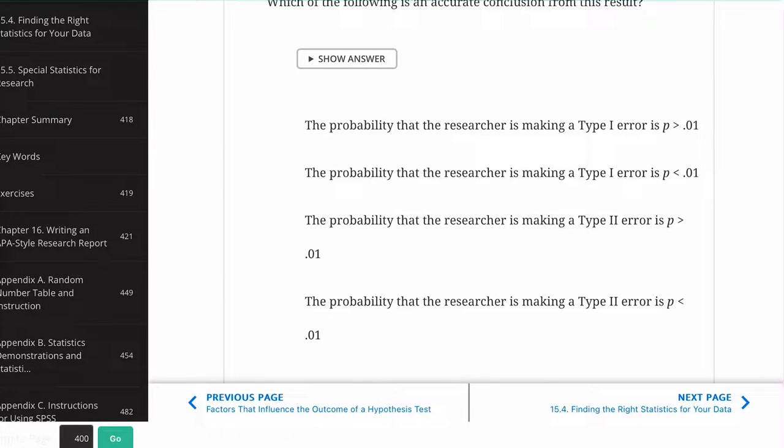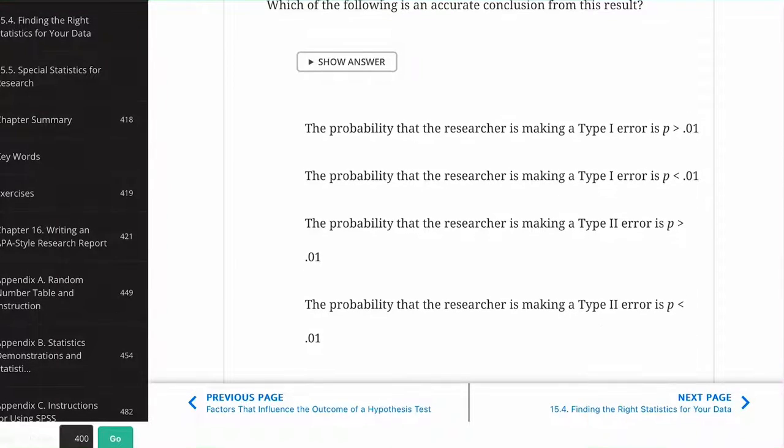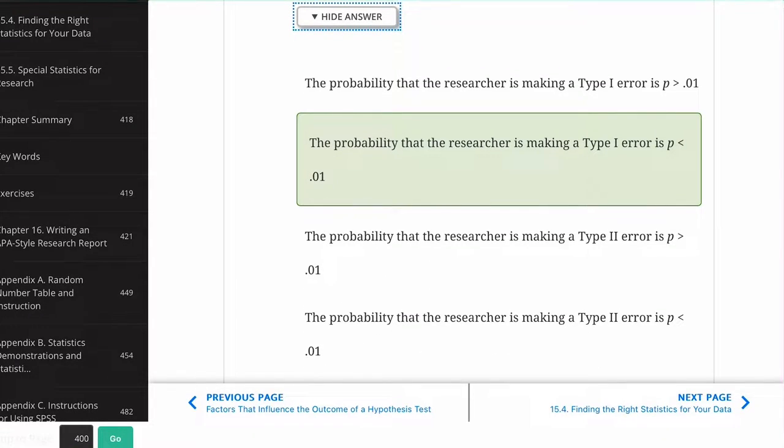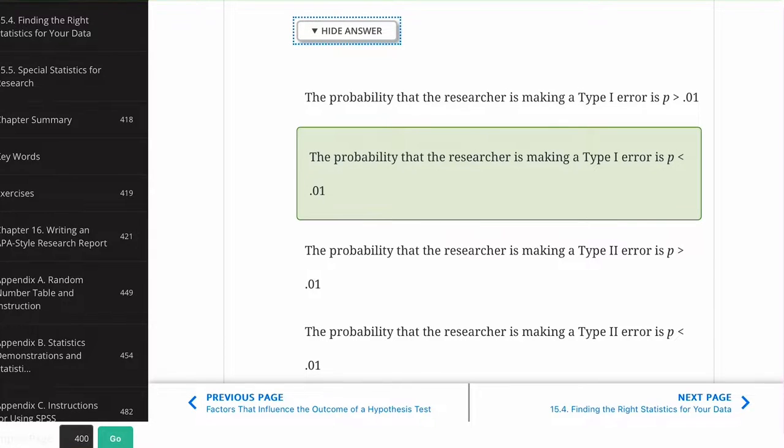And then a researcher reports a significant correlation using an alpha level of 0.01. Which of the following is the accurate conclusion from that result? So if it's 0.01, then if you look at these answers, it's talking about type 2 or type 1 error. Well, the alpha level doesn't have anything to do with type 2 error, remember? So that rules out the bottom two. So it is actually that the probability that the researcher is making a type 1 error is less than